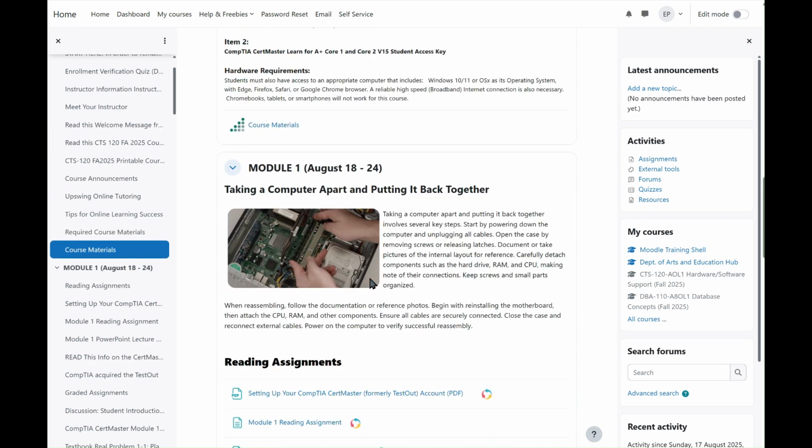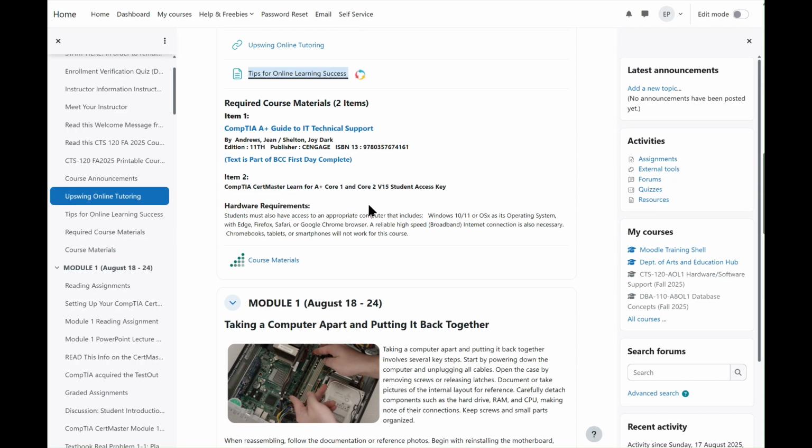There are two areas of assignments that you're going to do each module. One is the labs that are assigned to you in the lab system, CompTIA CertMaster Learn, and some textbook assignments for each module of the textbook. Used to be called chapters, now they're called modules, so that you'll have assignments to submit in Moodle based on textbook materials, and you're going to have assignments that you're going to do in the CompTIA CertMaster lab system